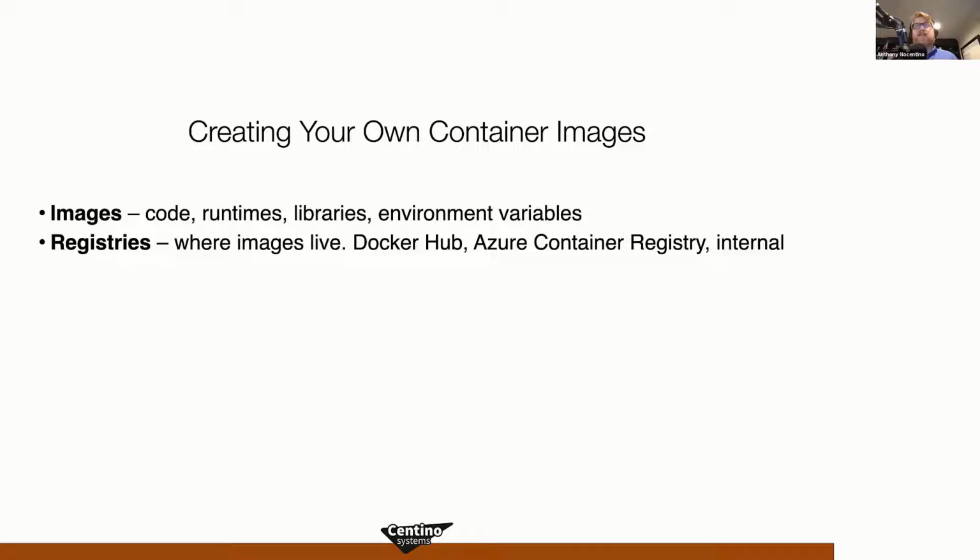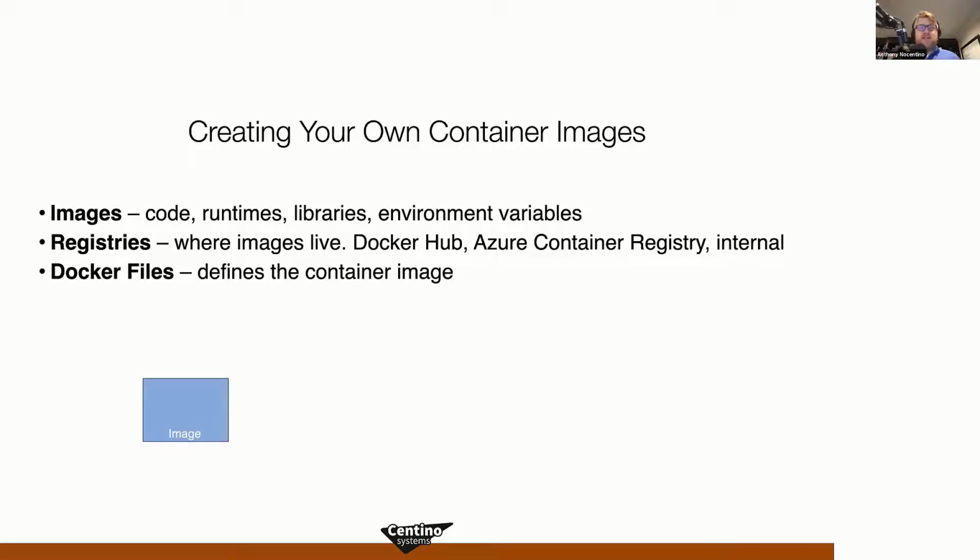Or even get it ready for deployment. Docker files are what defines what goes into the container image. And so let's look at the process of building a container image and storing it in a registry. So if I want to create a container image, I'm going to write a Docker file that describes what I want in the container image. And that's going to be my application, anything that it needs, binaries, libraries, configuration, etc.